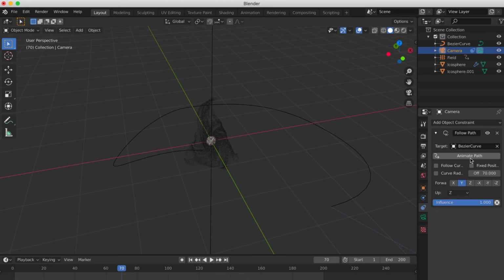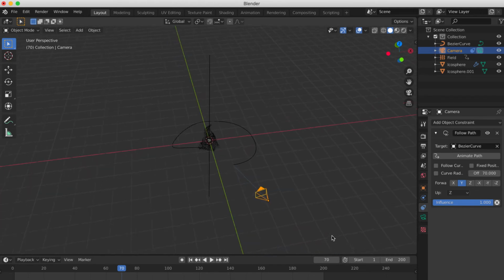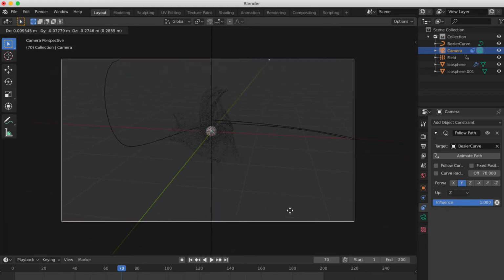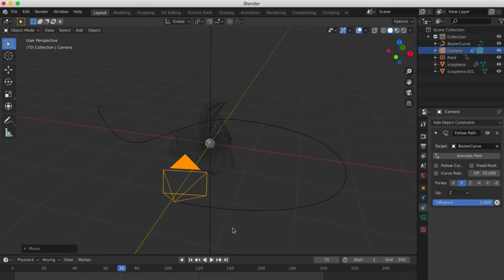Then click on animate path, so the camera will follow the path. Then you have probably to position your camera again,